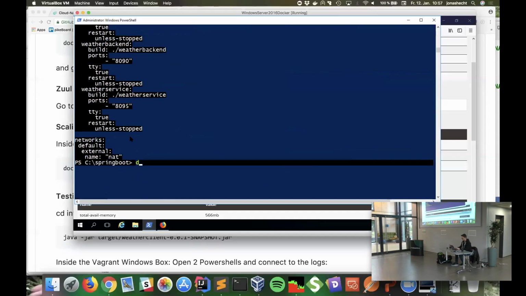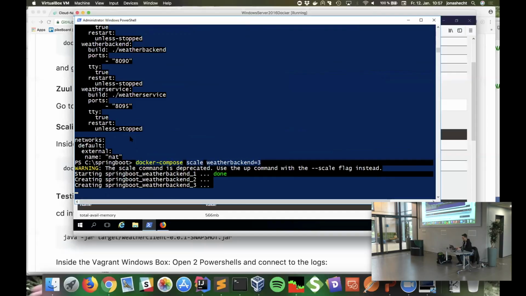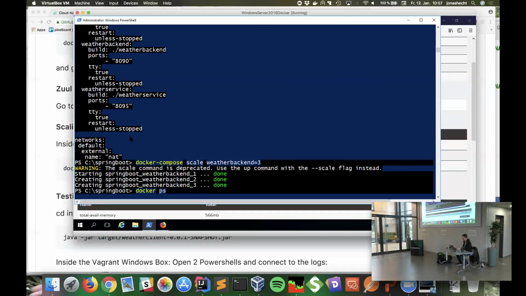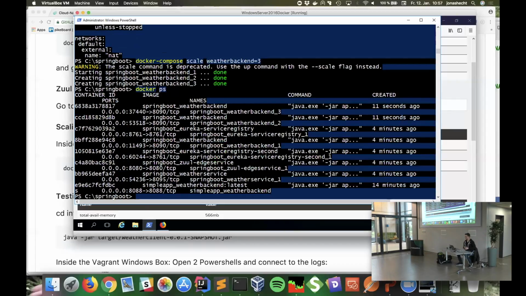And then we can just say docker compose scale our weather backend to, let's say, 3. And now they should be running. And I think they need a few seconds, and then they should be up.